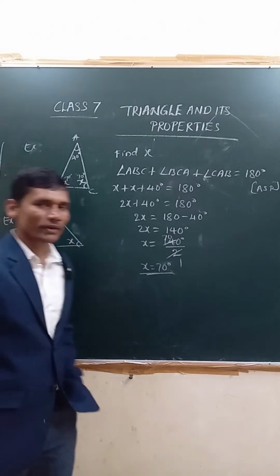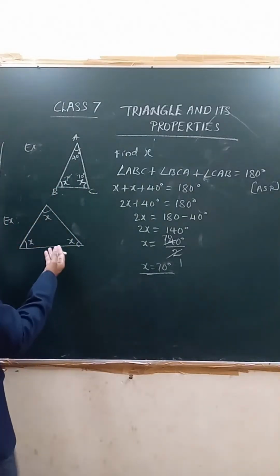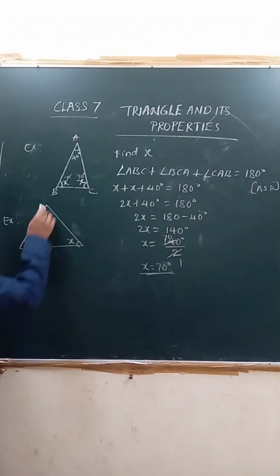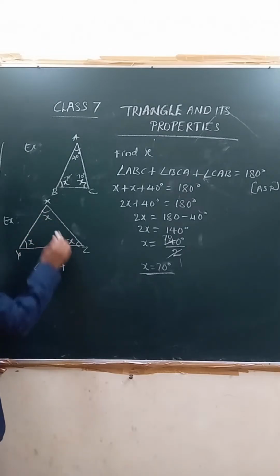Find the value of x. So simple. All the three x are there. Here also you need to do the same thing. If you are naming this as x, y, z, so what to take? Angle xyz plus angle yzx